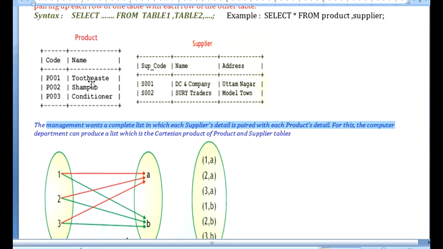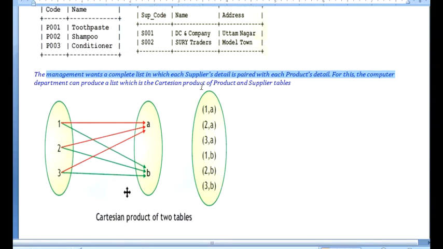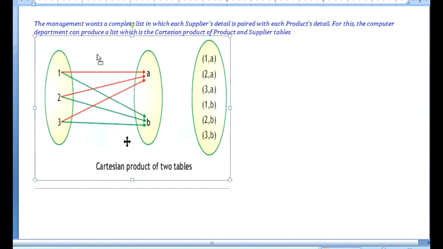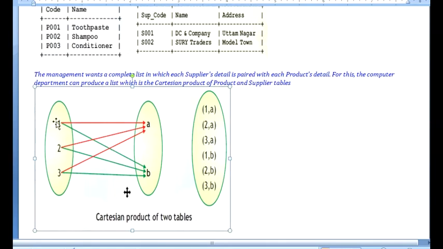Then the kind of join we can apply over here is nothing but our Cartesian product, in which each row of the first table will be joining with all the rows of the second table. In this diagram, you can see table 1 has 3 records, and table 2, these ovals you can consider as tables. This is the first table, this is the second table. Table 1 has 3 records, whereas table 2 has 2 records.